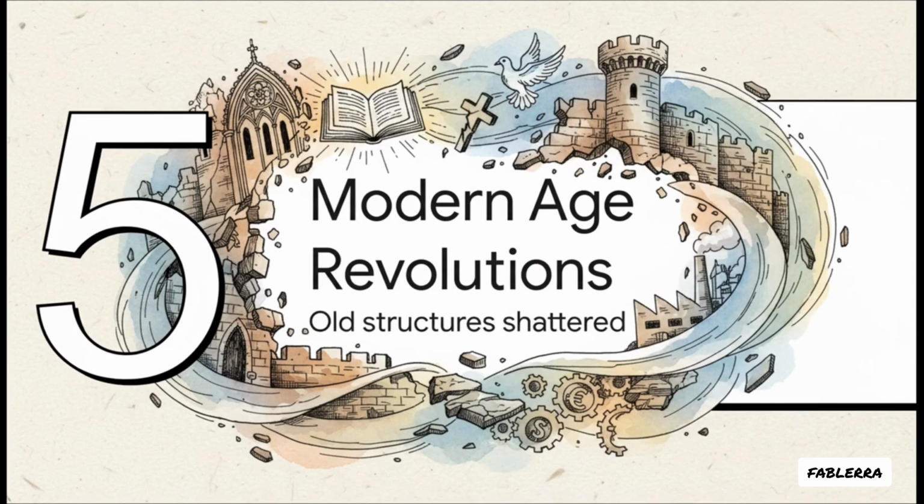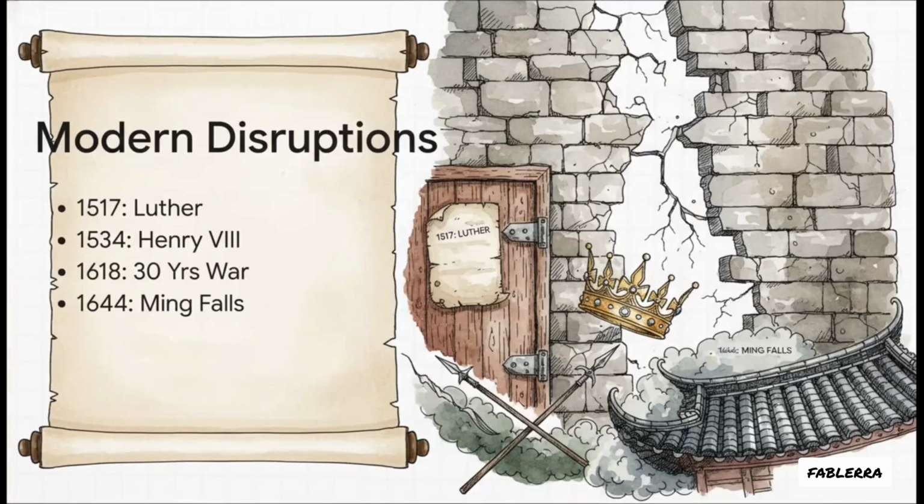And finally, part 5, revolutions of the modern age, from religious schisms to political revolutions. So, this is where those old medieval structures were completely, utterly shattered by individual thought and religious reformation. In 1517, Martin Luther's 95 Theses challenged the Catholic Church and officially sparked the Protestant Reformation. Then, in 1534, King Henry VIII just straight up created the Church of England because, well, he wanted a divorce. By 1618, these religious fractures ignited the devastating 30 Years' War across Europe. Meanwhile, over in Asia in 1644, the Manchu invasion ends China's Ming dynasty. Borders and deeply held beliefs were fundamentally shifting everywhere across the globe.